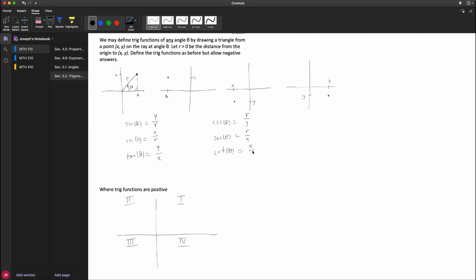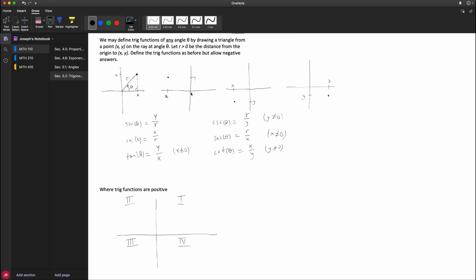And now we need to be careful here. These are all fractions. R will never be 0, but certainly x can't be 0. And then for here, y can't be 0. Here also, y can't be 0. And here, x can't be 0. Right? But now here's how we define all these in the other